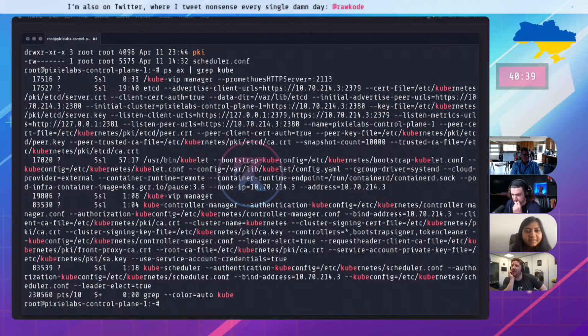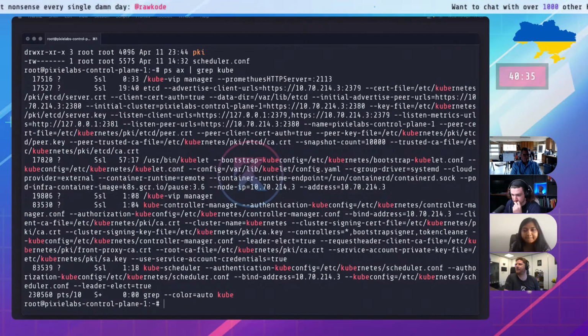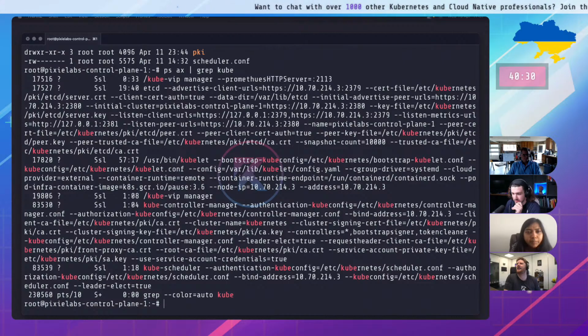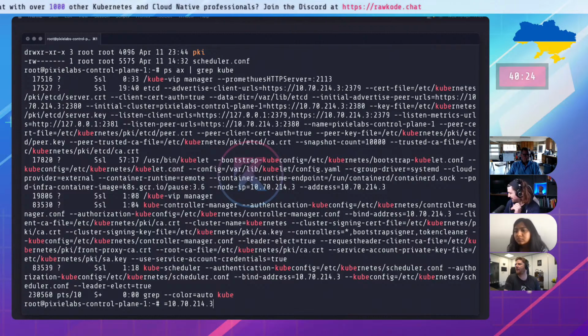Definitely Kubernetes things running. And what appears to be a kubelet. Yeah, I never just say there's a kubelet running anymore because I never trust anything in these clusters after they've been broken.